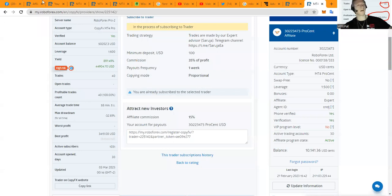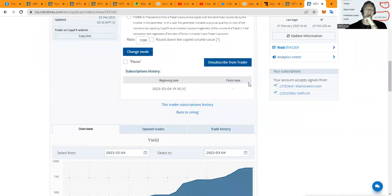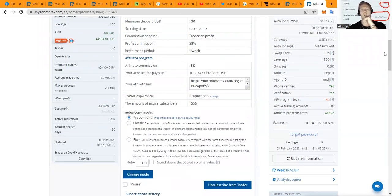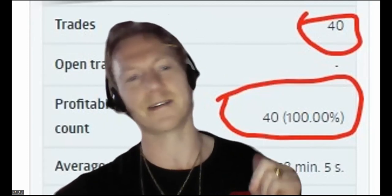I believe I've shown you. This is here. Let me go like this. Refresh this page. And then we can see that subscription active. Here you can see that the setting status is active, and you can see it here below. Your account accepts signals from Wall Street Invest and SARUJA. This is SARUJA. And of course, he also has his own Telegram group. This includes this trader, guys. This is PTC Pet from the Netherlands. And I just had to say, I love this one, like 100%